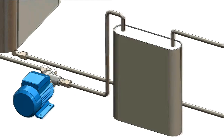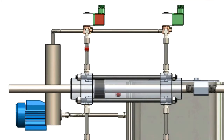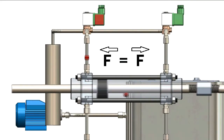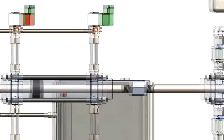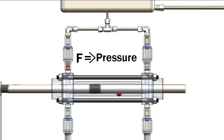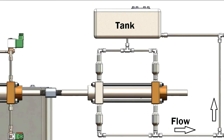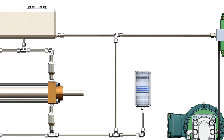The pressurized steam that comes out of the boiler is directed by solenoid valves that cause a double rod cylinder to oscillate. By design, this cylinder applies the same force in both directions. The force of this steam-driven cylinder is used to move a hydraulic piston pump. With each oscillation, the pump moves oil from a tank to the main circuit. Furthermore, a hydraulic accumulator allows a constant flow towards the main circuit to be maintained, compensating for the piston pump